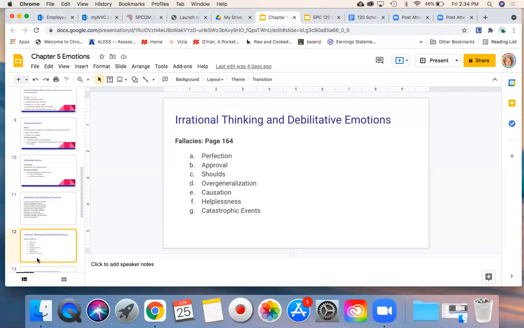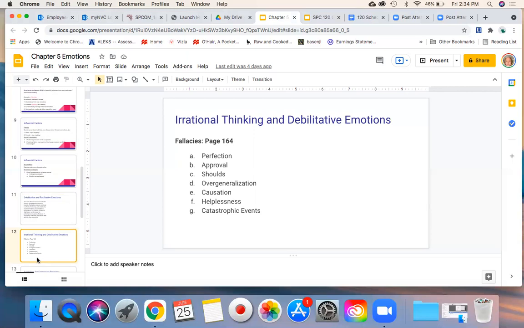The second one is the fallacy of approval. So the truth is, we all like approval. Okay, it started very young when we were kids, needing our parents' approval. But we all know someone, and sometimes we've been that person, that needs approval so badly that they won't make their own decisions and choices, right? And so we definitely need to become aware of to what degree we need approval.